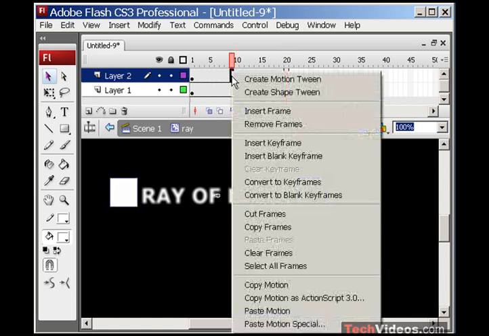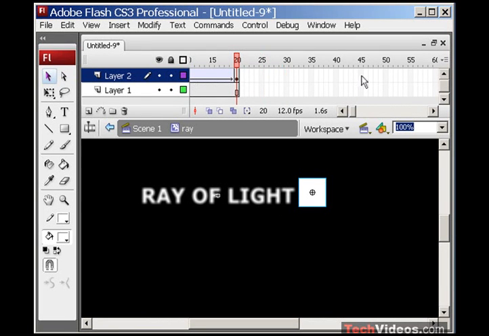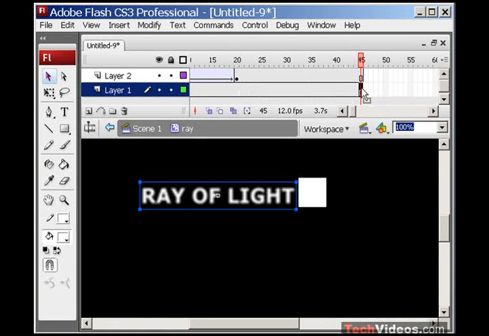I'm going to simply right click here in the middle and add a motion tween. If I was to play that, hitting the enter key, you can see a little box simply going from left to right. Again, a lot of times I like to have a little delay here, so let me come out here to like frame 45, and I'm going to press F5